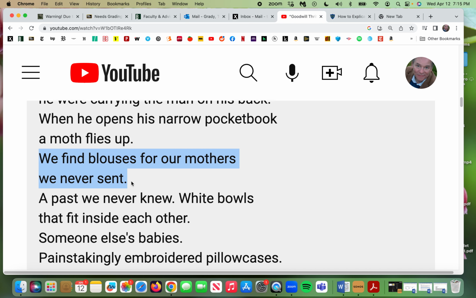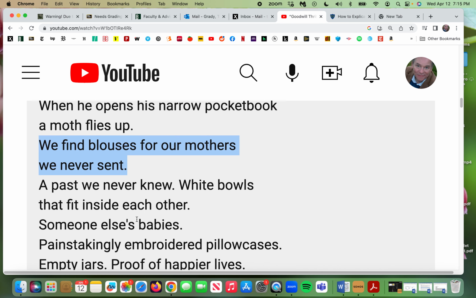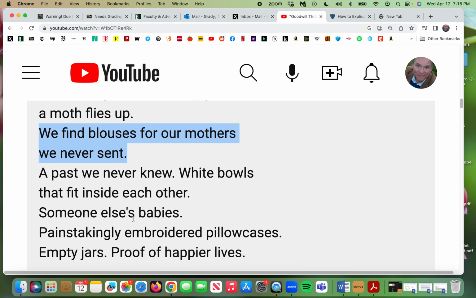And it makes them sentimental and maybe even a little guilty because this could be symbolic of a gesture that was never made, and they feel guilty that they didn't show this gesture of a gift or a token of love, that they didn't follow through with. We found blouses for our mothers we never sent, a past we never knew.